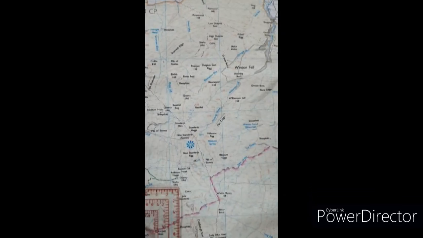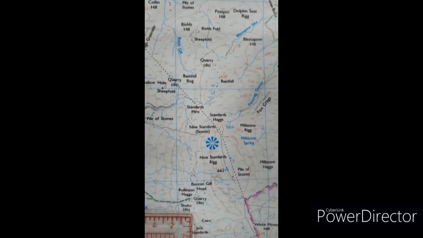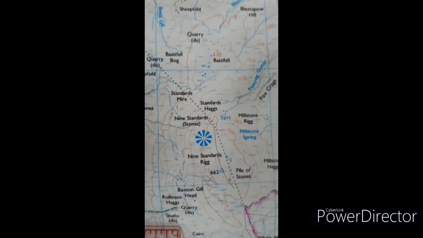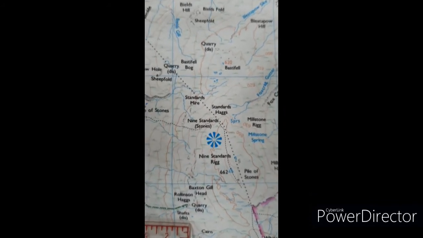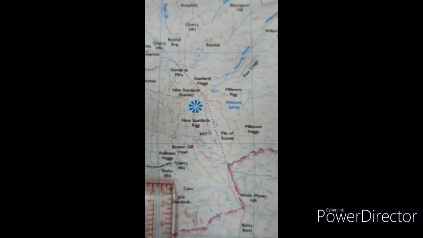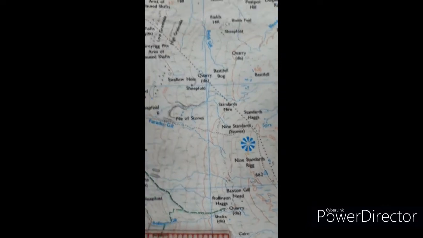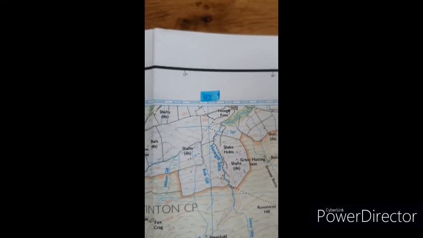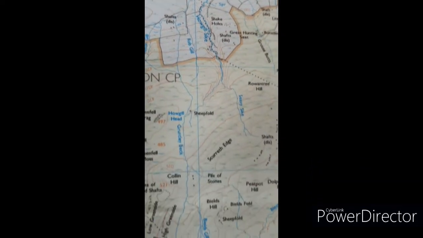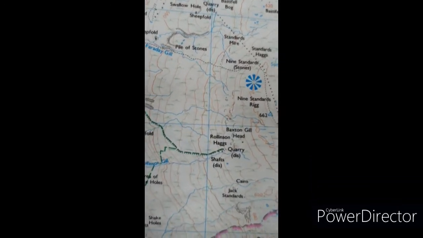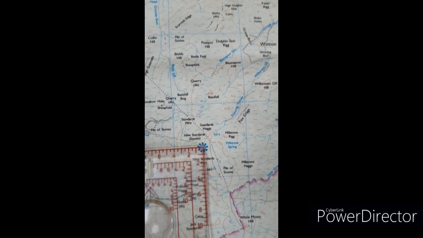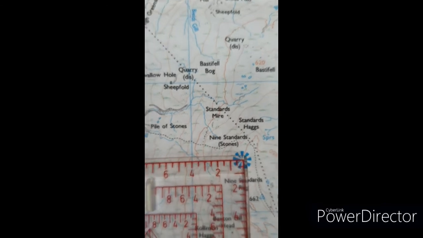So we're back on the map. Where are we? There's the Nine Standards Rigg viewpoint. 662 is the triangulation pillar. The 360-degree viewpoint is because it's a full circle. If it was half, it'd be half as much. So we're going to go along the corridor, along the corridor to 82, find our square, bring our compass up, put our point to the centre of where we want to go, and now we can read off